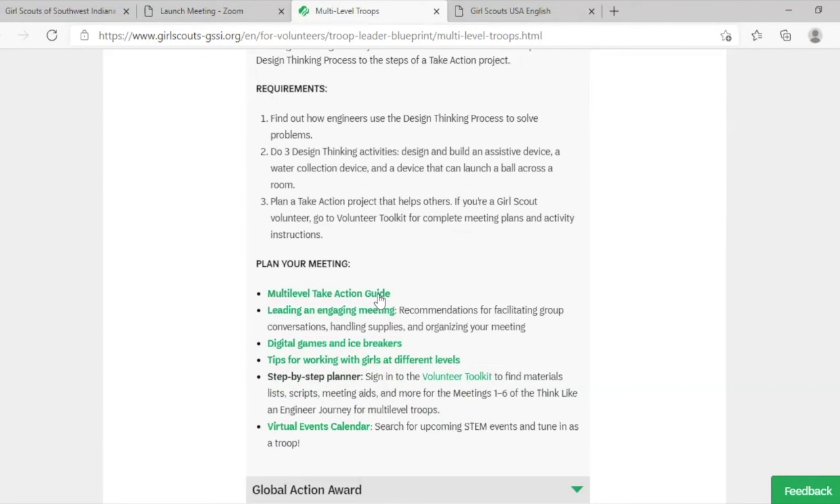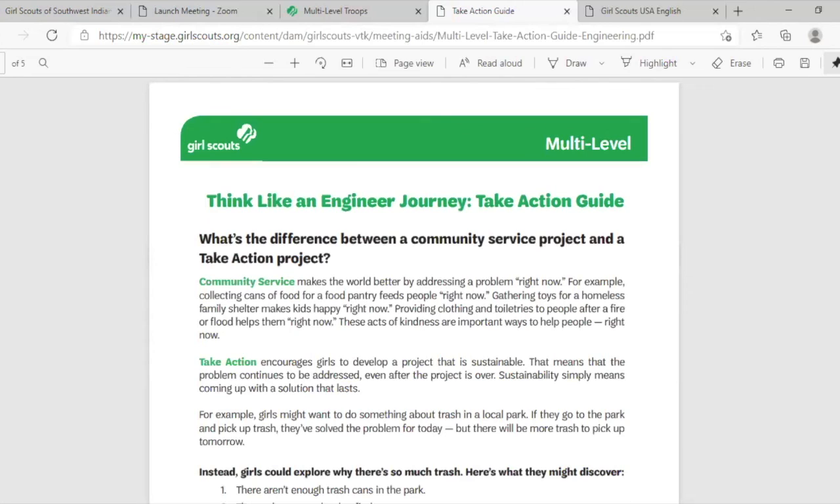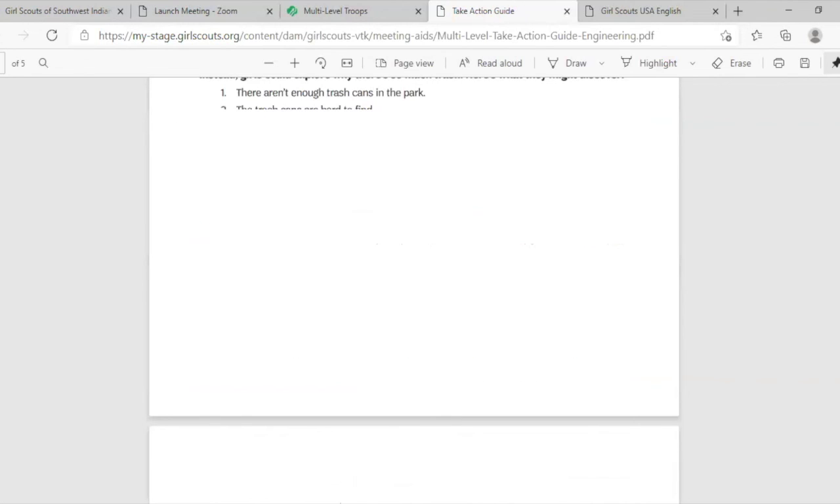Again, multi-level take action guide, just like it was available for the individual levels, and that reviews how to take action, what a take action project looks like, and some recommendations, and I'll pull that up for you so you can see it because the last page is very helpful. So this document is going to explain the difference between community service and a take action project, what that looks like, and then give suggestions for how to engage your girls with a take action project, planning and facilitating. So it's going to give you a lot of suggestions,